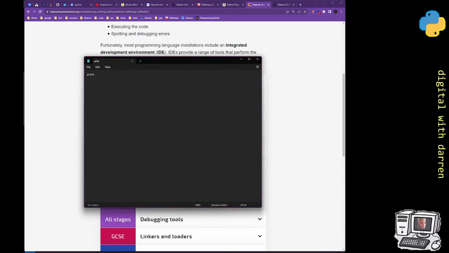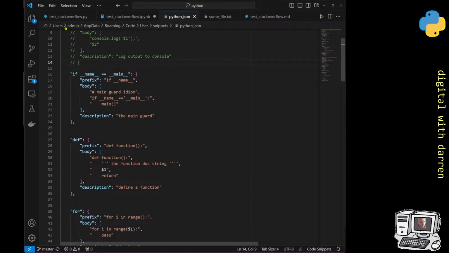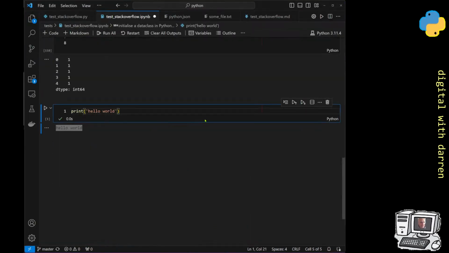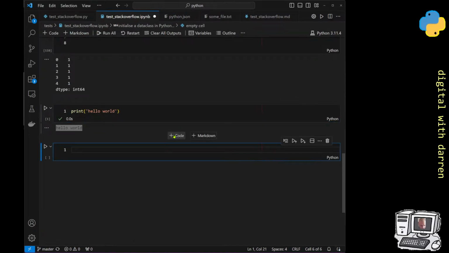So again, print hello world. I could have made a typo over here, it wouldn't have picked it up, nothing would have happened. Whereas if I went onto my IDE again and I attempted to do the same thing, so I'd start another block of code but I had a typo,